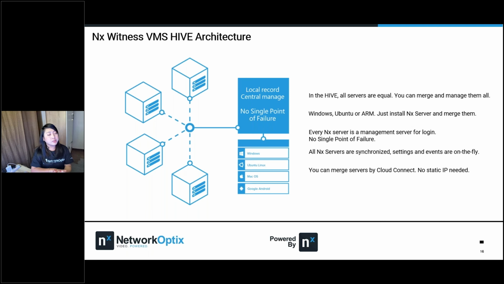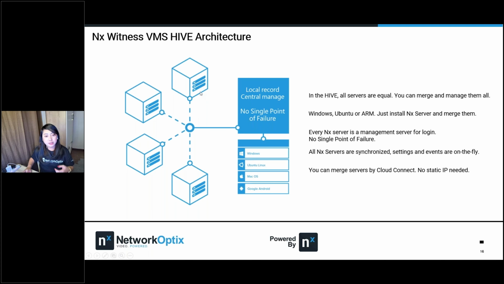We use the same structure. For example, I am the admin, and I log in from different servers. I will still be able to see all the data, all the users, all the recordings from different servers. Every server is synchronized and transparent to each other.